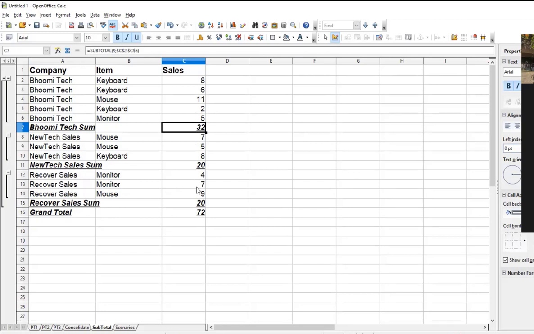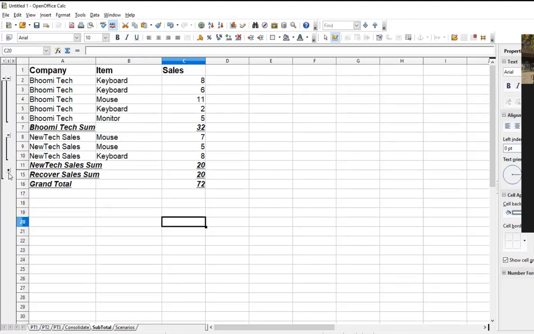Recover sales, this is the total sales for them. And the grand total is this. Just like in the previous example, on the left hand side, you find that there are some plus and minus signs. Right now, they are all minus because it has been expanded. Okay. If you click on that minus sign, it is going to collapse all that and consolidate and show you